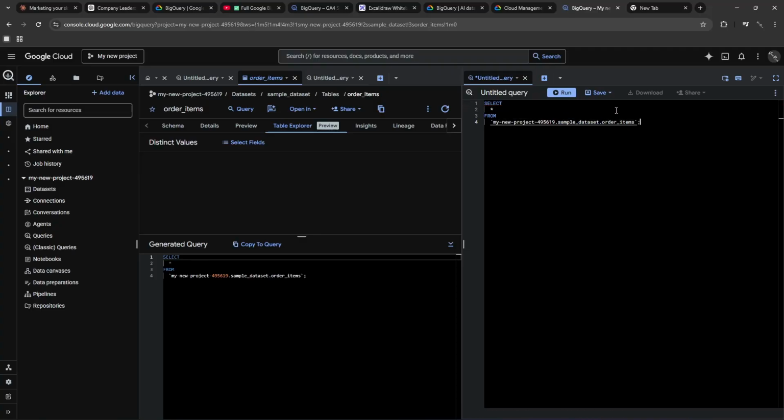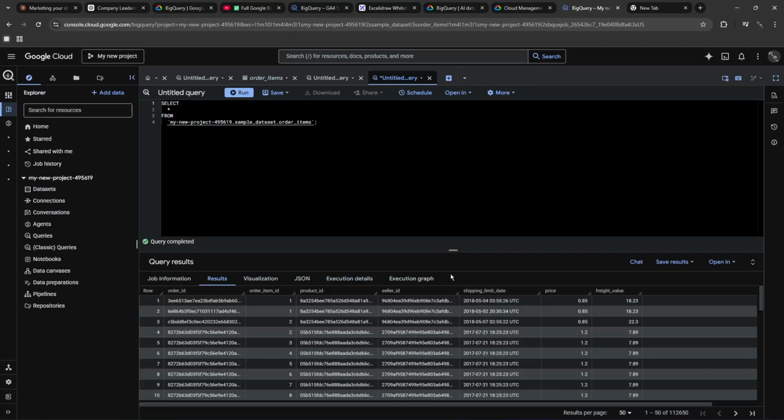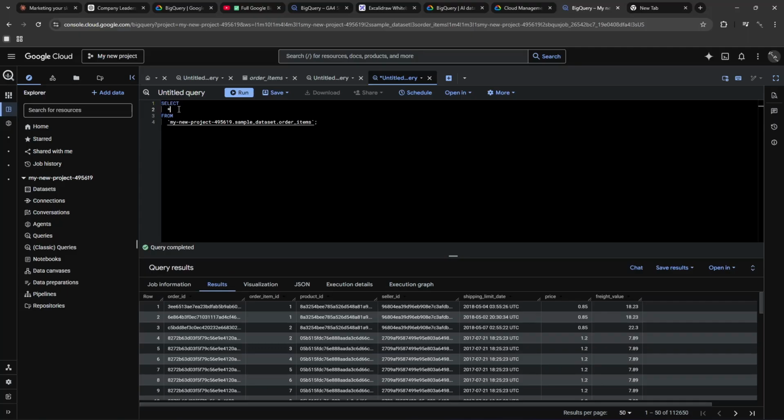If we run this, we can see it gives us the results of our query. If you scroll back up and decide you don't want to run everything, let's return only a handful of columns. So we can click order ID and price. Once you put this in, it will give you the amount of data that this query costs. So here it says this query will process 4.5 MB when run. So when we click on run,